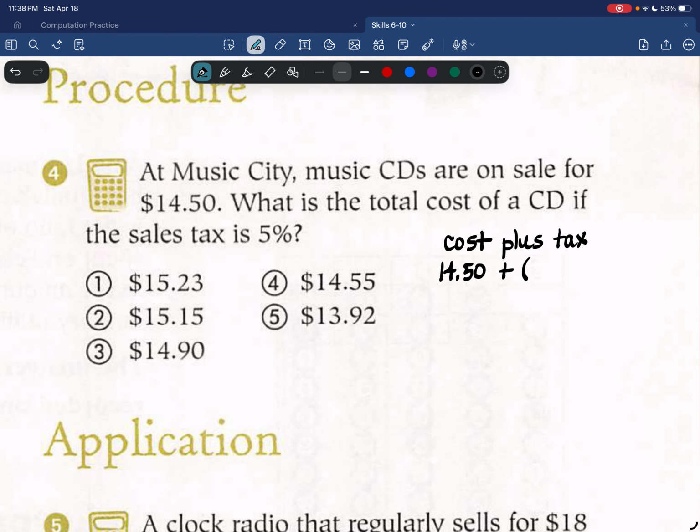Tax is going to be 5% of $14.50. So I need to do that first. And this is a calculator question. So let's use the calculator. $14.50 times 5% is